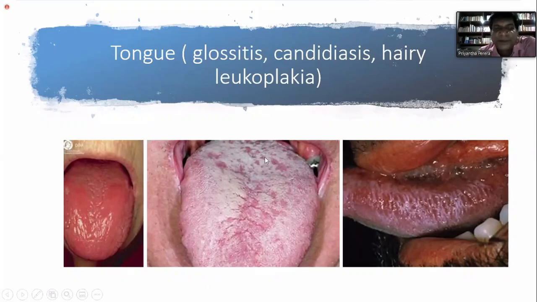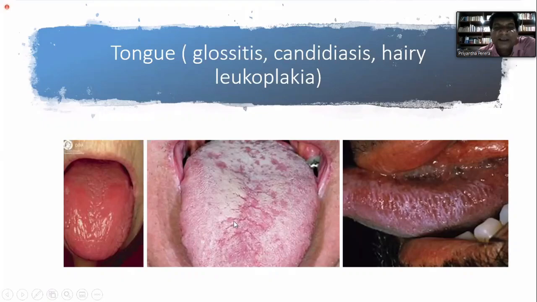Because of the milk deposits on the tongue, it looks very white. Sometimes it is difficult to differentiate milk precipitate from candida. If you just scrape it off, milk precipitate will easily scrape off. Candida will not scrape off easily, and if you remove it, you will find a very red, raw tongue underneath these white deposits. So this is candida infection.